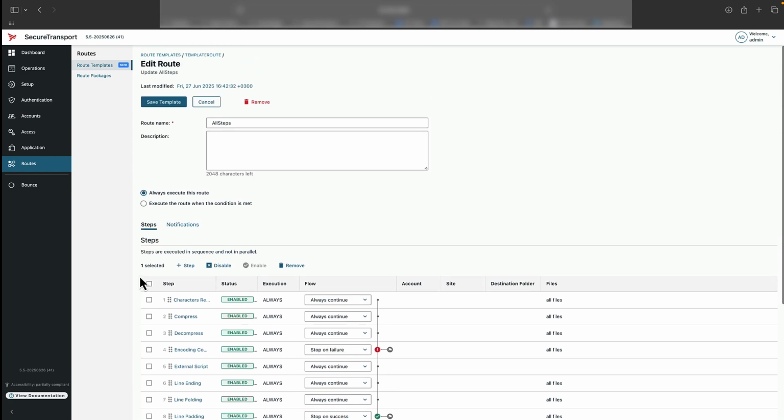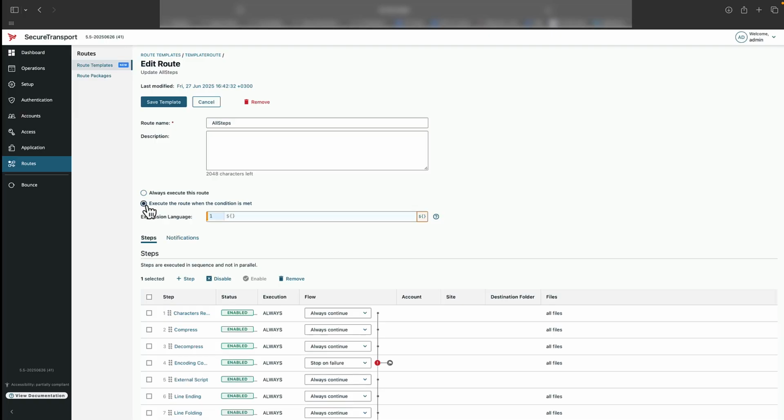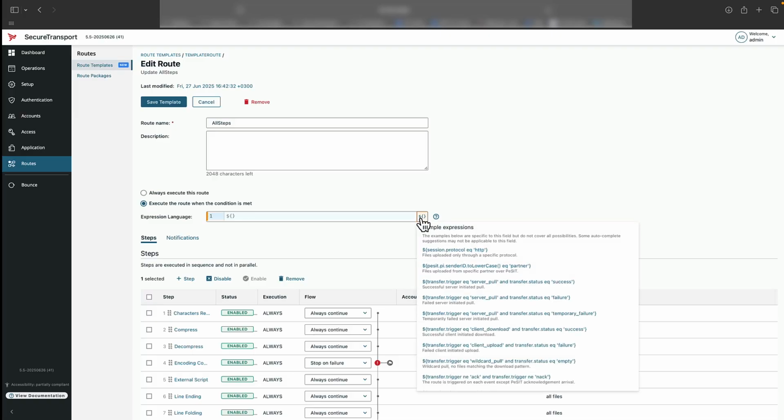I will not go into the details of each step, but will emphasize on one more improvement, the expression language widget. When you define the execution condition, it could be based on dynamic data. In that case, you switch to specify a condition. Click the button to the right and explore all the possible options, as well as extend the list with AND